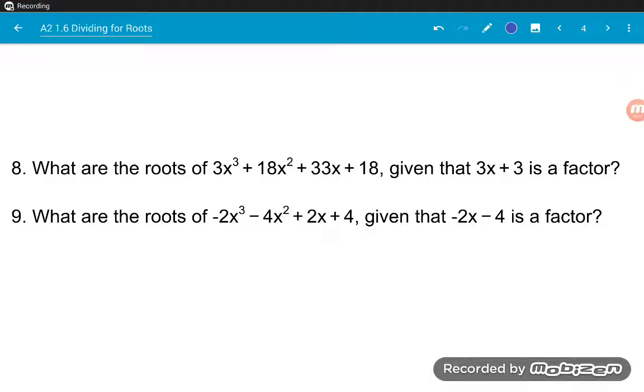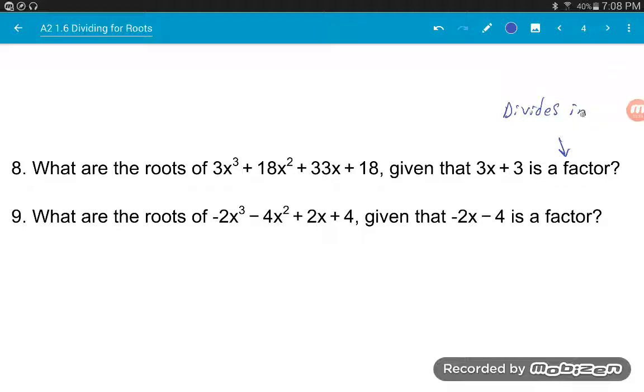Okay, this is a run through of lesson number 6, which is called dividing for roots. The wording in this lesson says, what are the roots of blank given that blank is a factor? So it's important that you understand that a factor, its main use in this lesson is that it